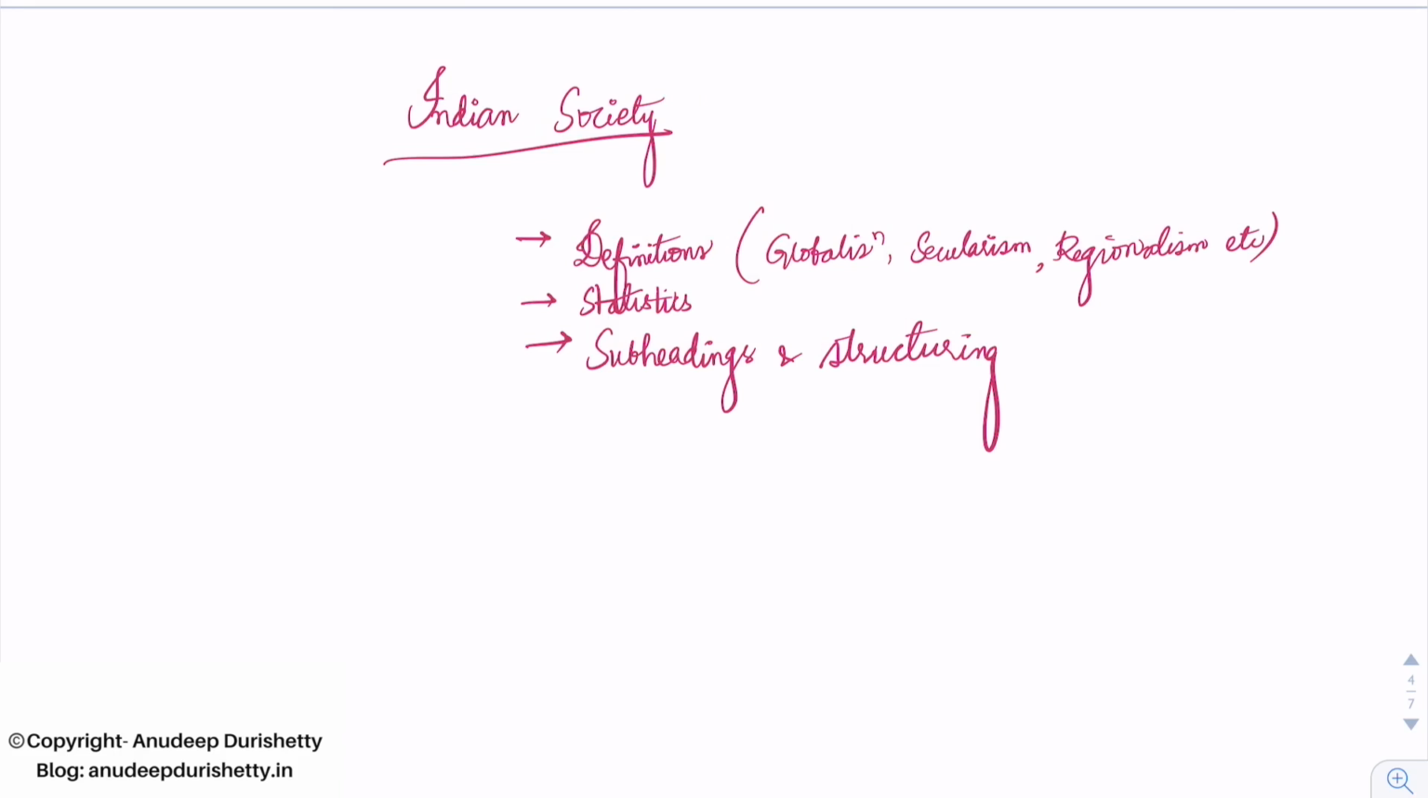First, prepare definitions of all the terms that are mentioned in the syllabus under this section, such as globalization, secularism, regionalism, etc. These definitions would usually form the introduction to your answers. For example, if there is a question on secularism, your introduction should start with a definition such as secularism means separation of religion from the state and its politics. It treats religion as a private personal affair. Having such a framework ready will save you the trouble of coming up with good introductions then and there in